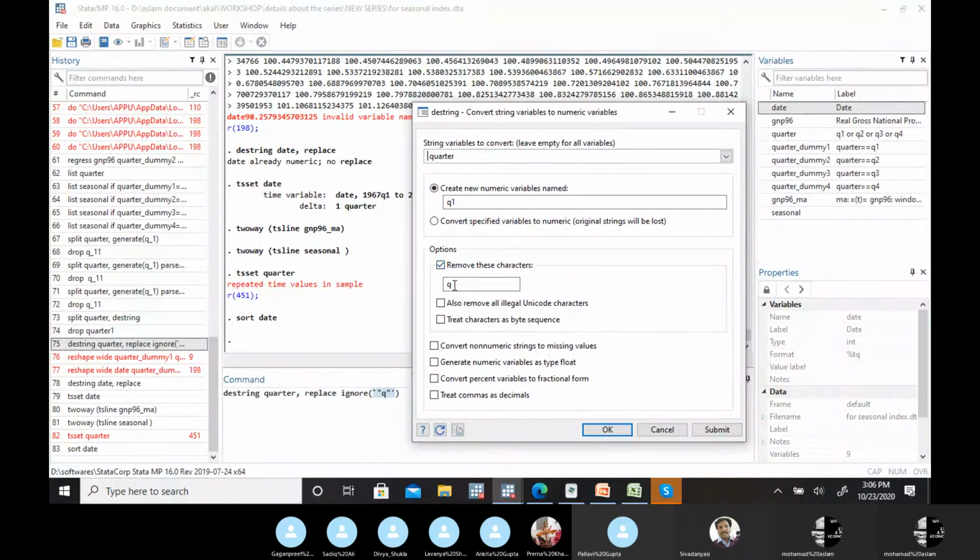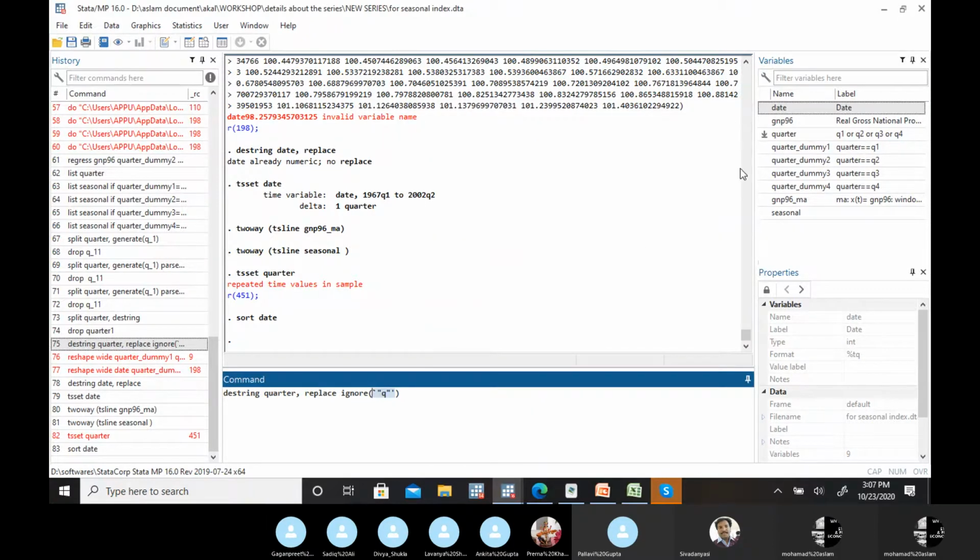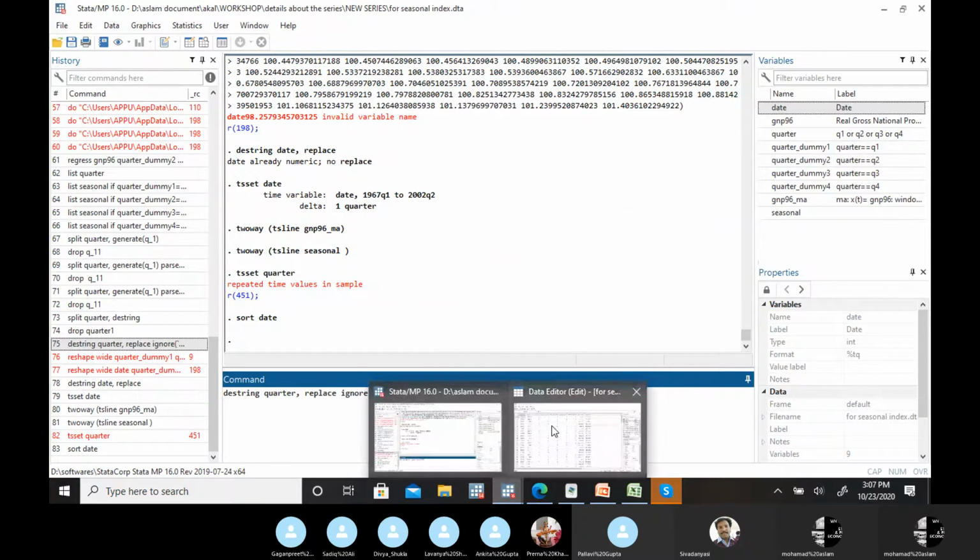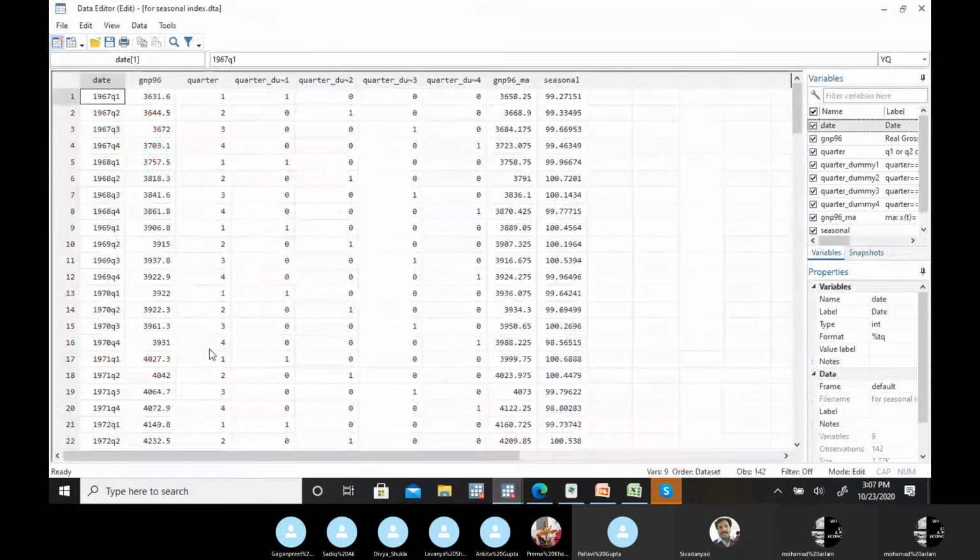Actually this Q is an alphabet character in this variable that we want to remove so that it can take the numeric values 1, 2, 3, 4. After this you will see this quarter variable in your data editor window as 1, 2, 3, 4.